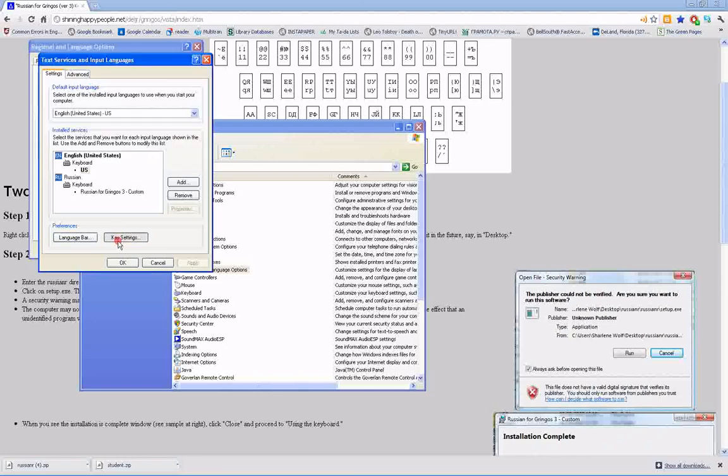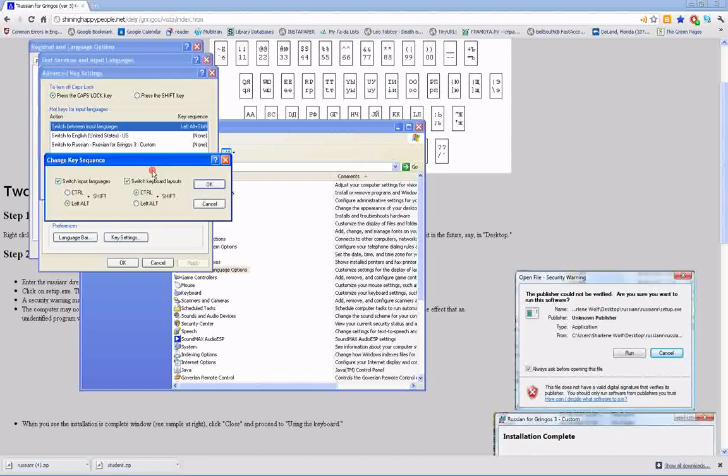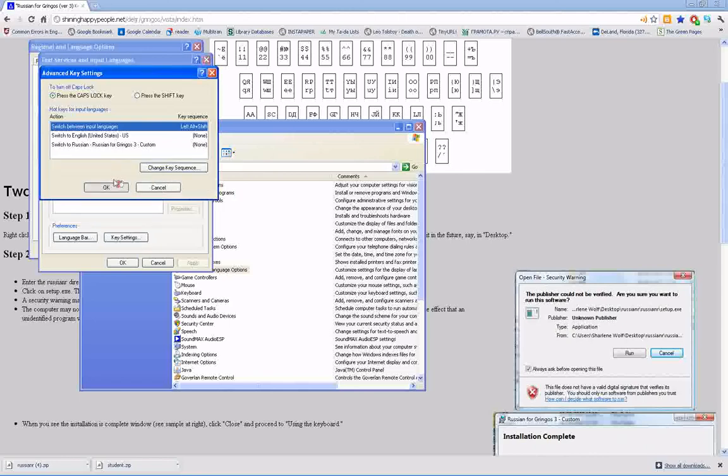Make sure that that is activated. And you also want to probably activate the key settings. What the key settings lets you do is it lets you rapidly switch between input languages. You can have it set up, change key sequence. I think that the default is hit the left Alt and the Shift keys over on the left hand corner of your keyboard, and that if you hit those two simultaneously, you'll switch between the two input languages. So make sure that that's activated, and if you need to, you can change the key sequence. Like I said, most people have it set up with the left Alt and the Control buttons. So we'll close all this out,